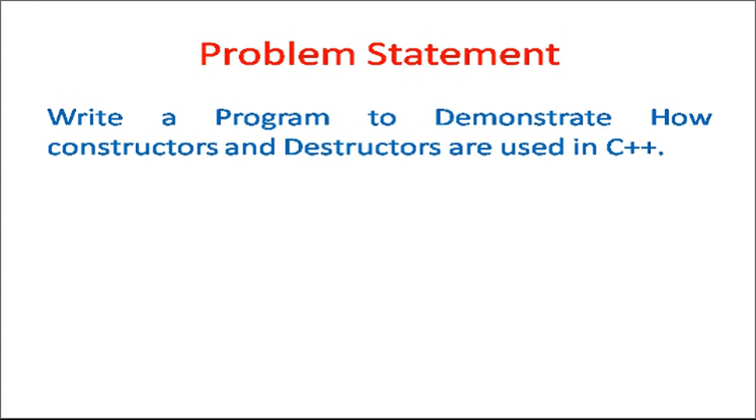So first of all the constructors are called and then the destructor is called. Rather, we will use CLRSCR at the last just to show you how it is working. So I will use CLRSCR here and run this. You will find inside destructor, inside default constructor, and inside parameterized constructor, and then we are getting the values 0 and 10, 20, right? So as we are creating two objects, the destructor is called 2 times. So this is how constructors and destructors are used in C++.